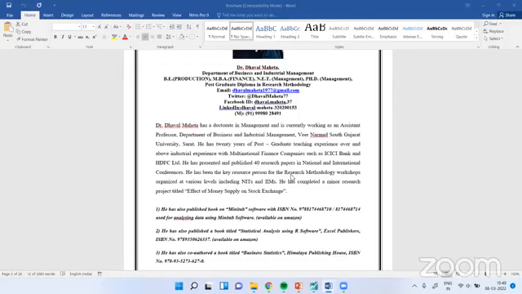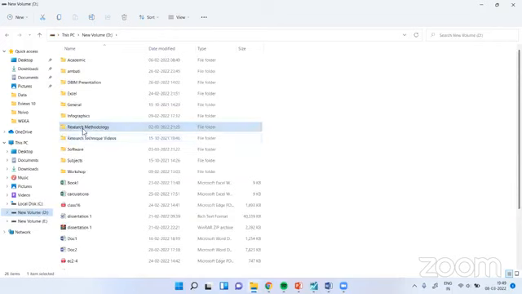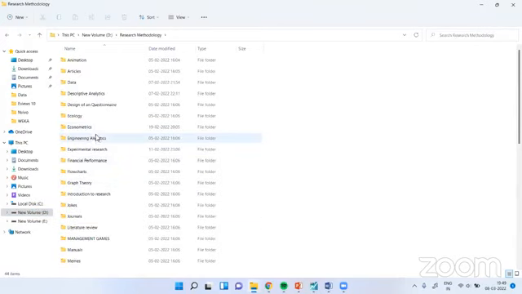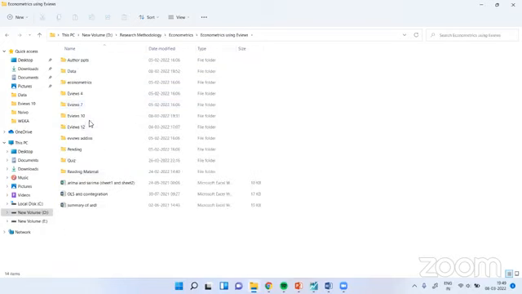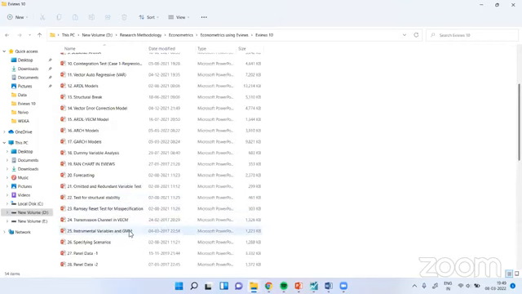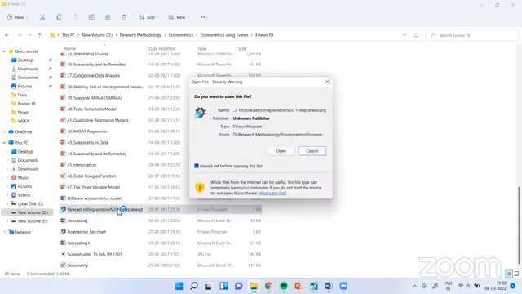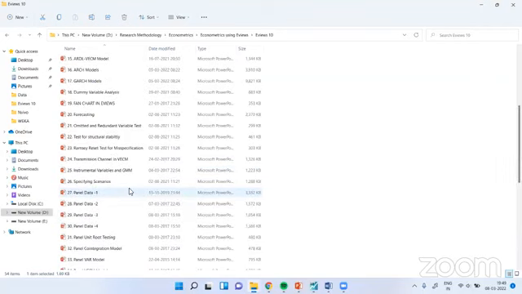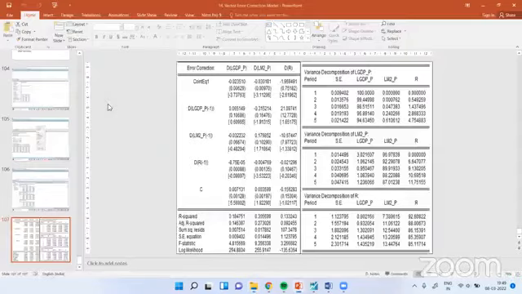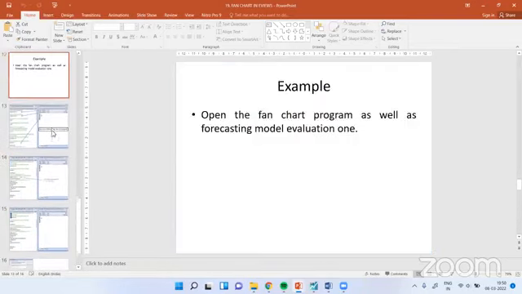Now the question is, what is the rolling window? Let's understand. You will have to install this rolling window. It is in here, or it will be in forecasting charts, because I was using this. Yeah, here.